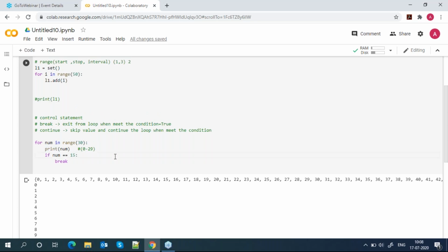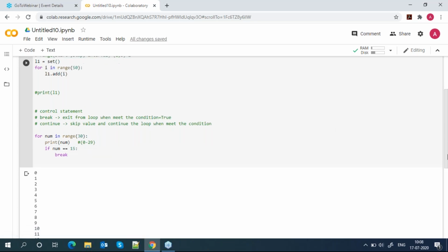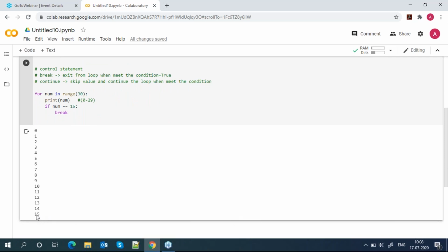So you can see that when it is 15, your loop will not go further. What is stored here is 0 to 29. So print num: first it will print 0, then go to this if block. After printing, num equal to 15 is false, so it will again go to print 1, 2, 3.